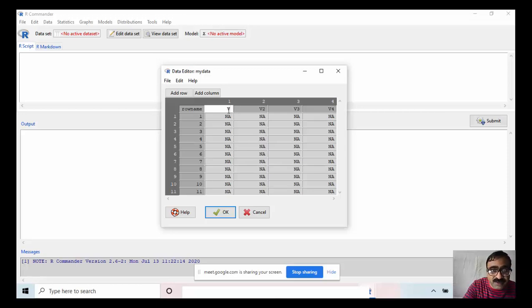So we just click on a variable name and give a variable. Suppose this is ID, the ID of the respondent. And then another variable here, I am writing gender. Then here I am writing, suppose, age, and here I am writing, suppose, income.